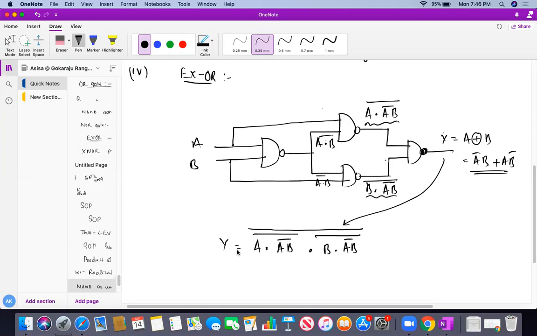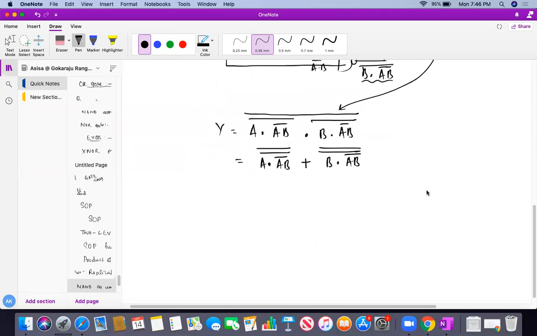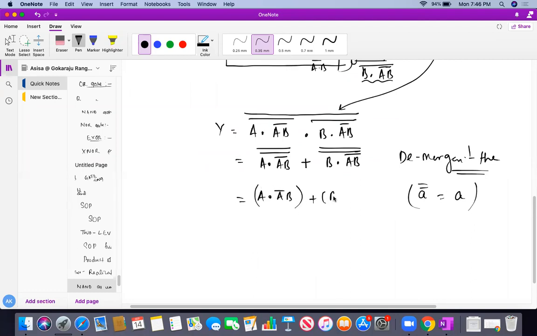So this is my final NAND operation. If I apply De Morgan's theorem and start solving it: AB bar, bars bar, break the bar, change the operator. This will be OR, B and AB bar, bars bar. Okay. So obviously, bars bar means A bars bar is what? A. So I'll just change it. Here I have applied De Morgan's theorem, nothing else. So this will be my A and A bar B, or B and AB whole bar. Okay, these are all whole bar.